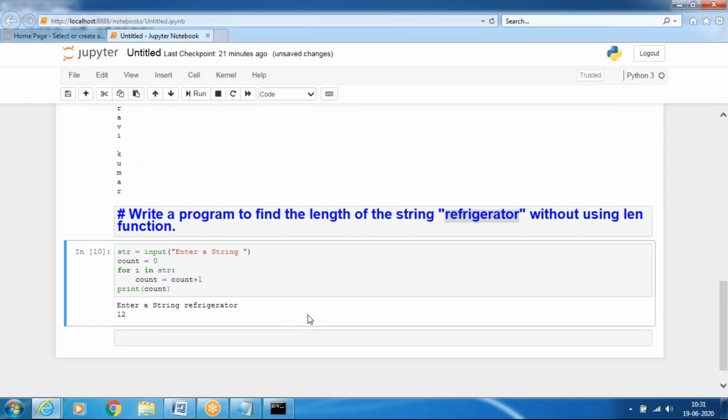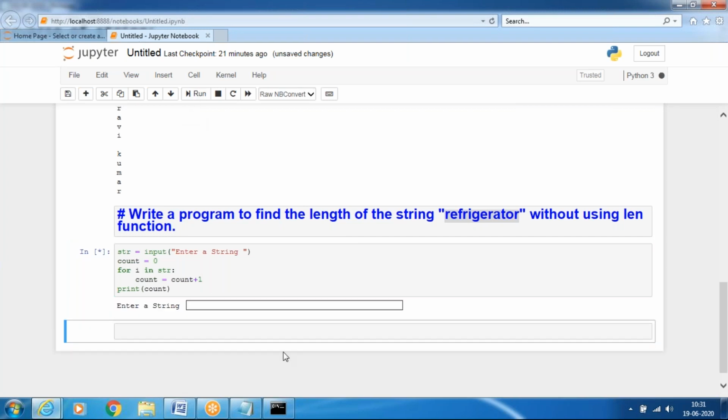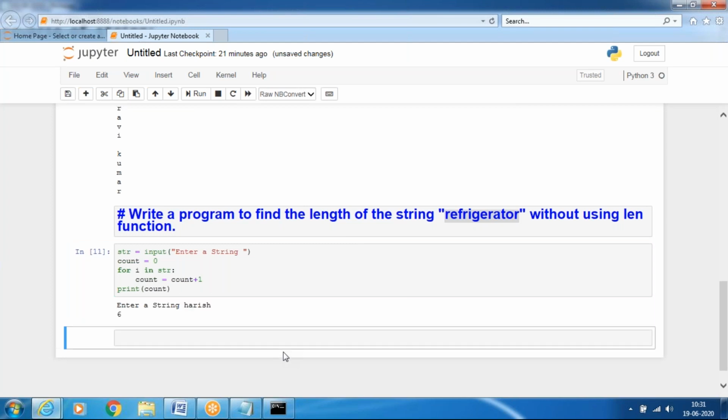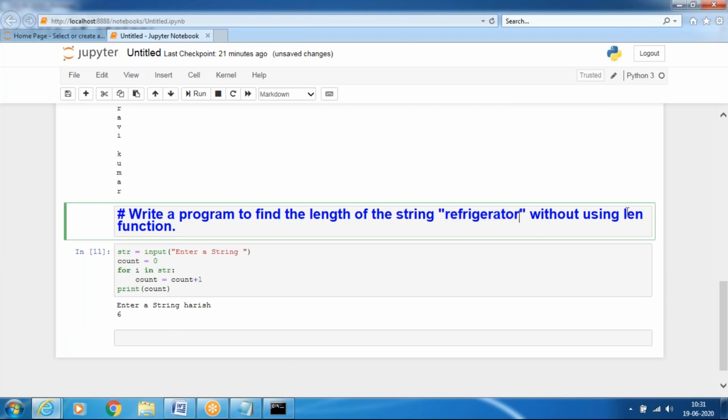So 12 characters. We will use another string. So we'll run again. Harish, 6 characters. So like this we can design it without using the length function.